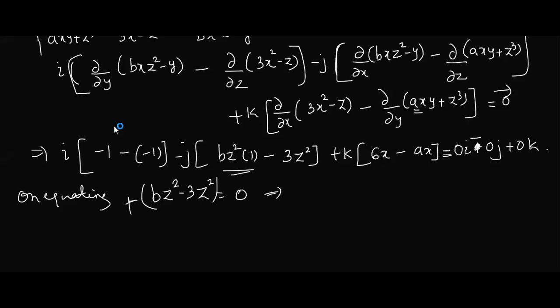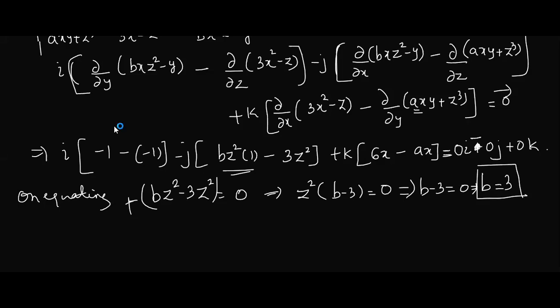You have come to an engineering course, so let us use some shortcut. Now, what is common? z square comes out. What will we get? b minus 3. From this, surely I'll not get a b, but if I equate this bracket to 0, I'll get the value of b. So b minus 3 is 0 means what is b? 3. Write the steps properly. So we got the value of b.